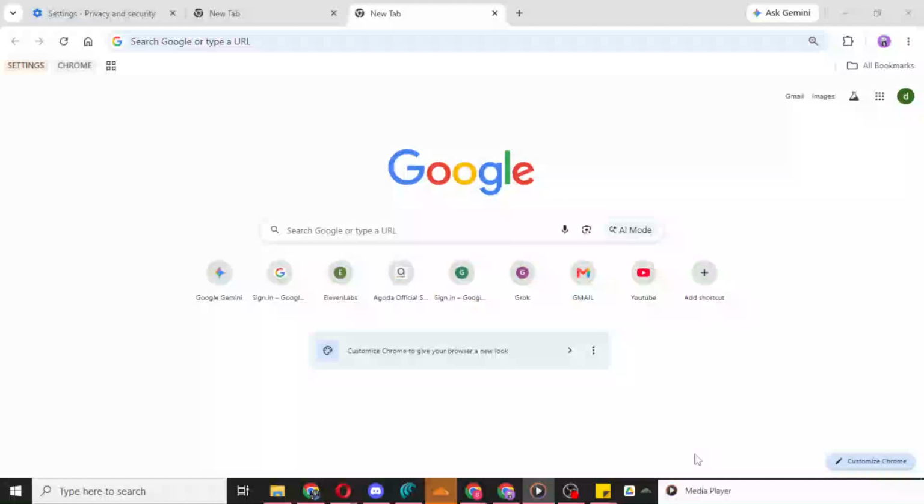In today's video, I'm going to teach you how to enable location in Google Chrome. If a website needs to know where you are in order to work properly, like showing nearby results, local weather, maps, delivery options, or region-specific content, you'll need to allow location access in Chrome. The good news is that this only takes a moment once you know where to look.